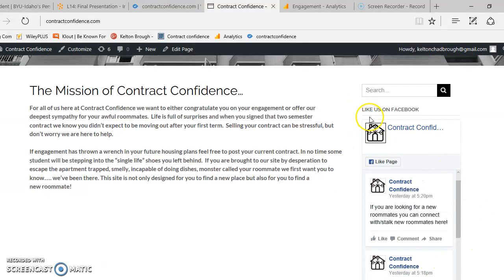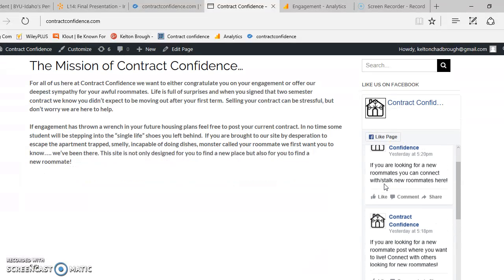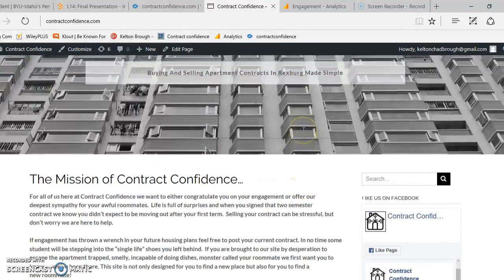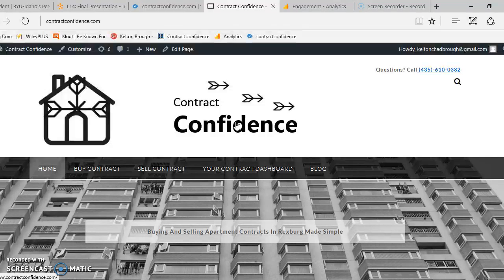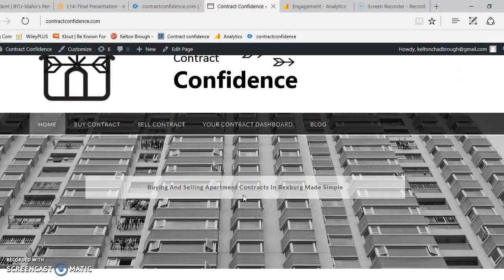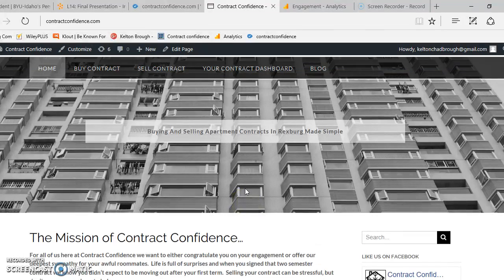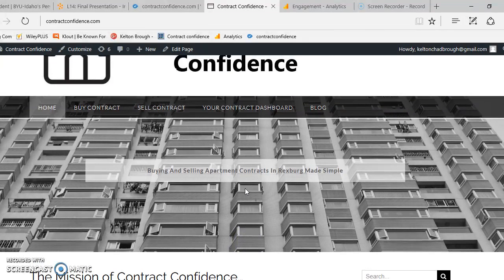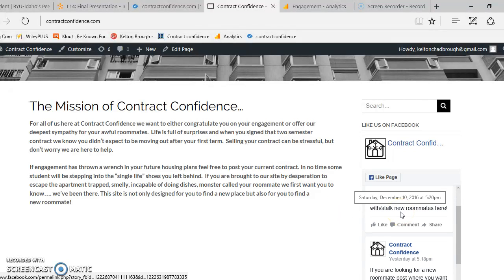This is my Facebook linkage. This actually took a while to get set up, but I created a Facebook page. One of the purposes I wanted to accomplish with my site is I wanted to make it a roommate finder so that if you're looking for a new roommate, you could connect with people who are looking for the same. And what I kind of designed in my head is that you'd be able to do that from my site alone, but there's just a lot of complexities to it, and it never really happened. So the Facebook page is going to kind of serve that purpose.